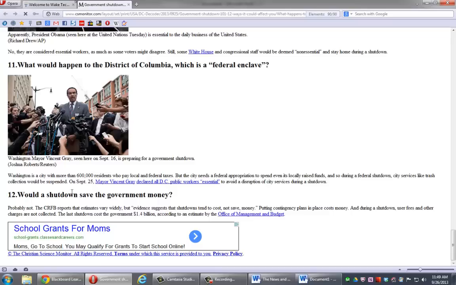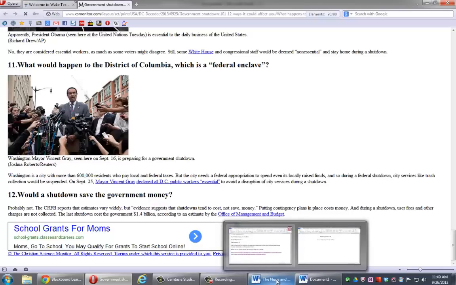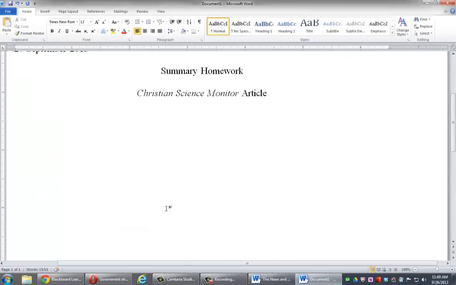Oops. Would a shutdown save the government money? Probably not. Wow. Okay, so I have who's going to be affected, who's not going to be affected, and an important question, would a shutdown save the government money? And no, it's not going to save the government money. So I have some pretty good information here. So for my summary, I want to start out with the who's and the what's and the where's, that kind of thing. So the article says that the